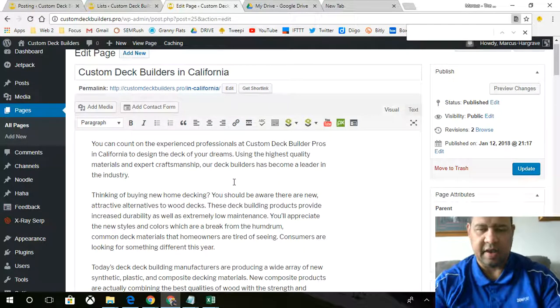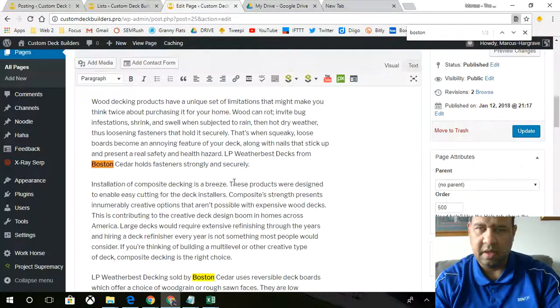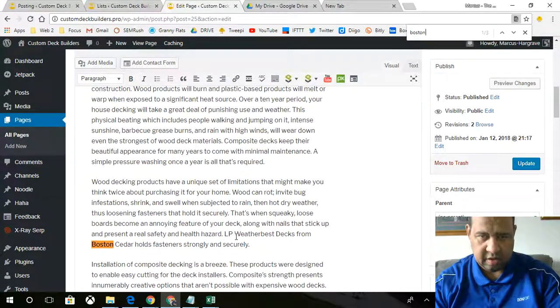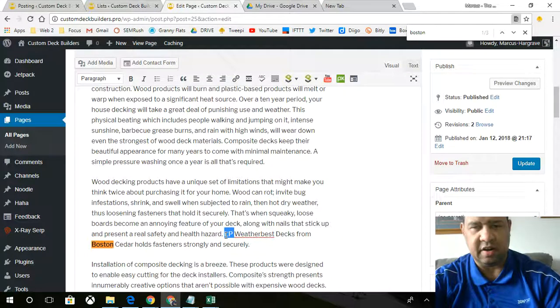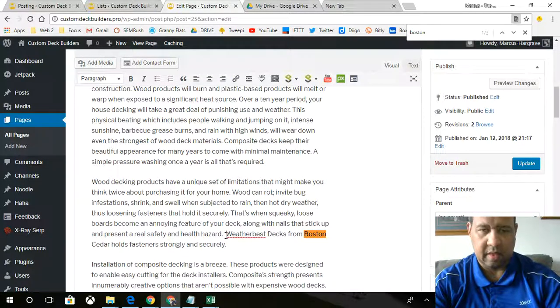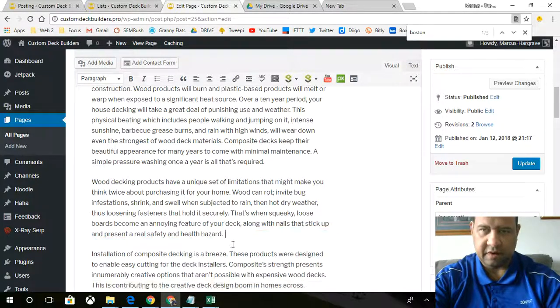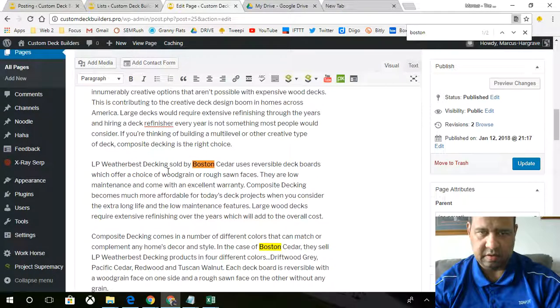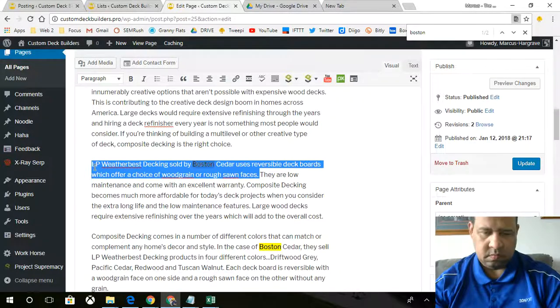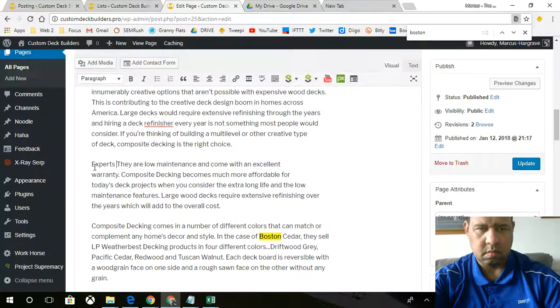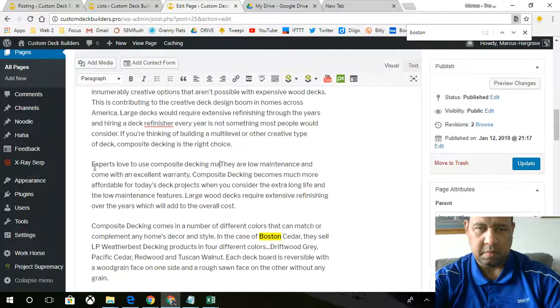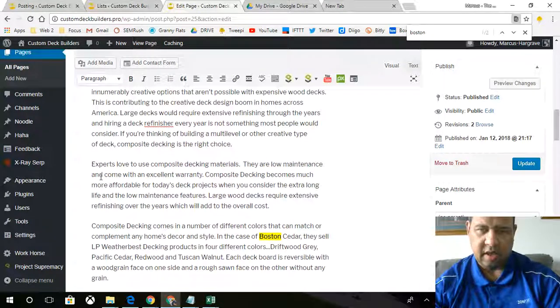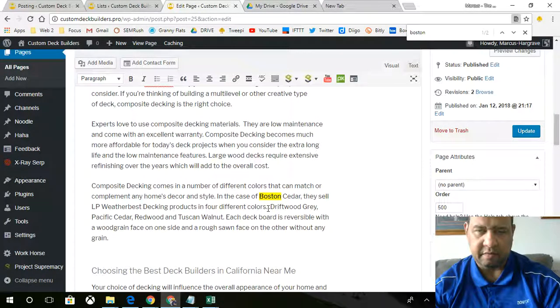Find Boston computer. There we go. So this is an article I discovered, and I'm just hijacking it for my own benefit. So let me just see. Use composite. Experts love to use composite decking materials. I could spin this, but in the case of